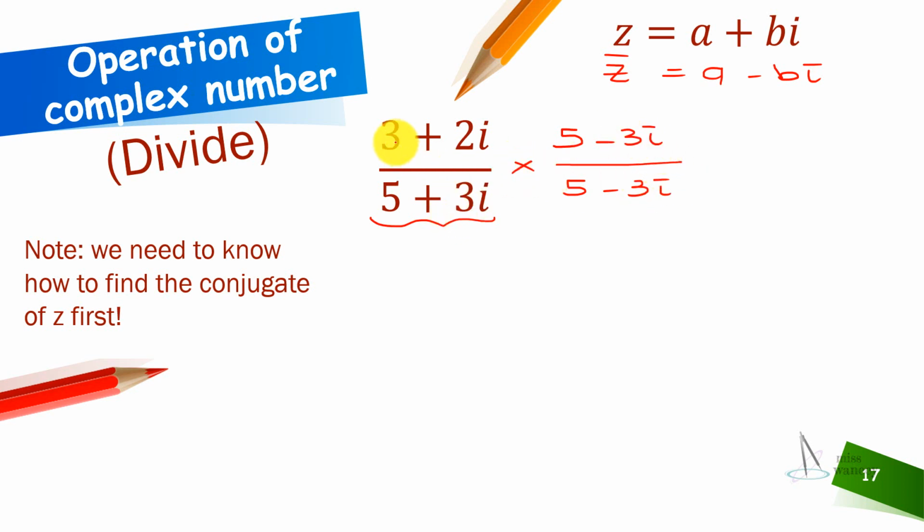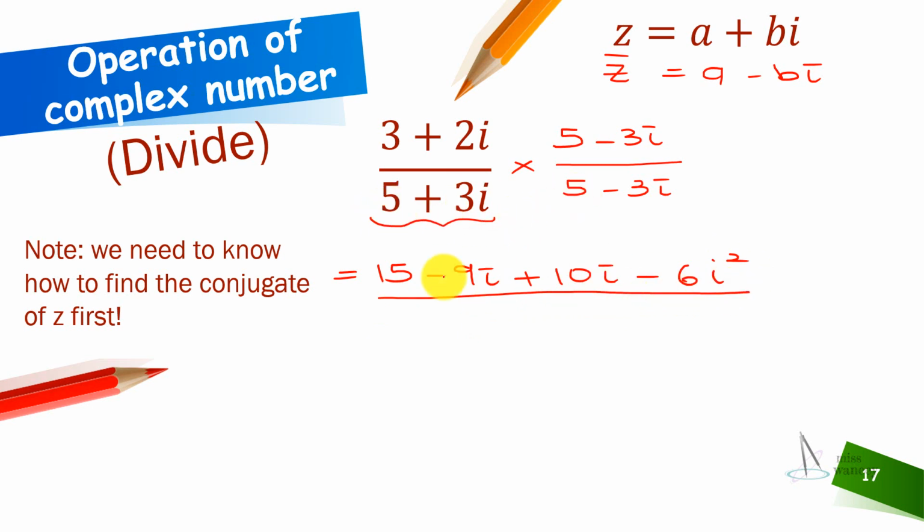Okay, so what we will do is that I'm gonna expand my numerator, and then I'm gonna expand my denominator as well. So let us expand our numerator. So we got 3 times 5, so this is 15. 3 times negative 3i, so this is negative 9i. Positive 2i times 5, so this is positive 10i. Positive 2i times negative 3i, so times the sign first, so this is negative 6i squared over,